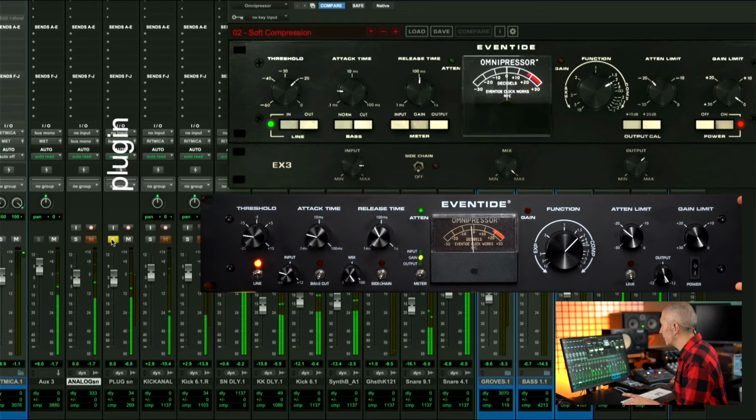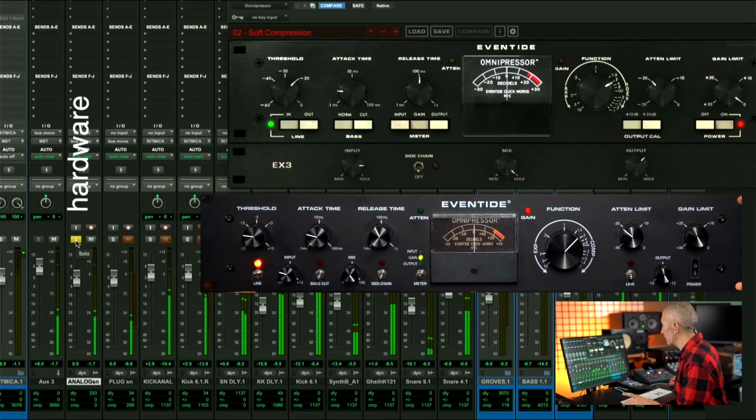Plugin. Hardware. It's very important to pay attention to the attack of the sound.